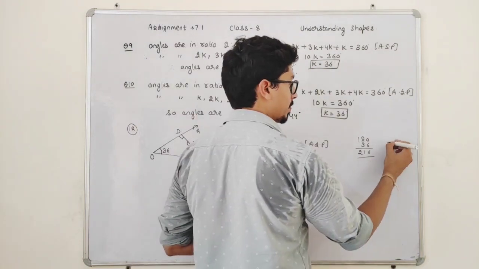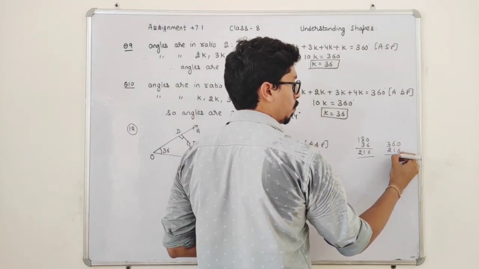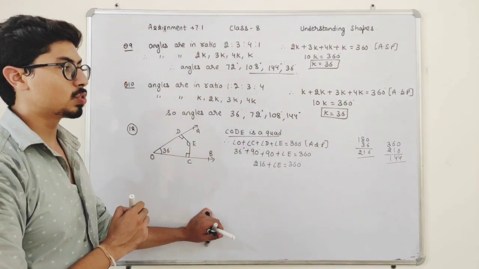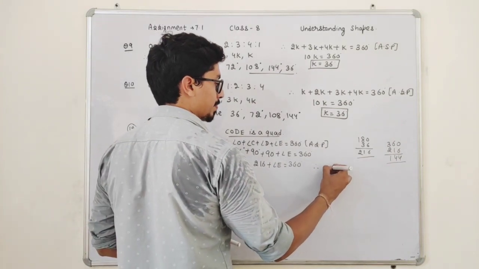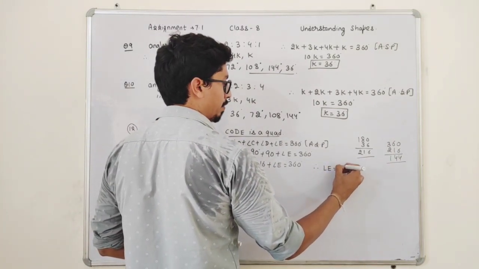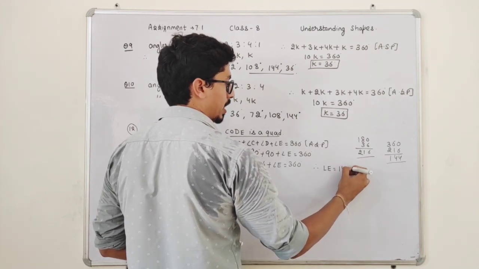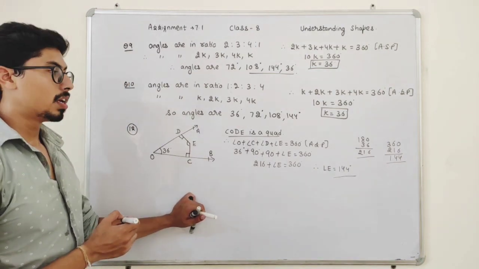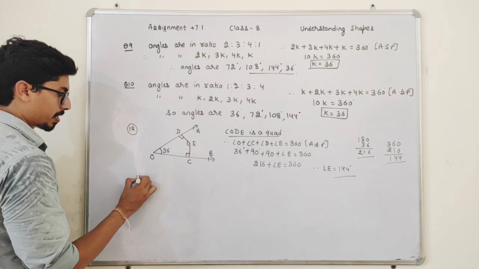So 360 minus 216 will be 144 degrees, students. Therefore, angle E is 144 degrees. Okay, students. Now, moving forward to the last question of this assignment, question number 13,